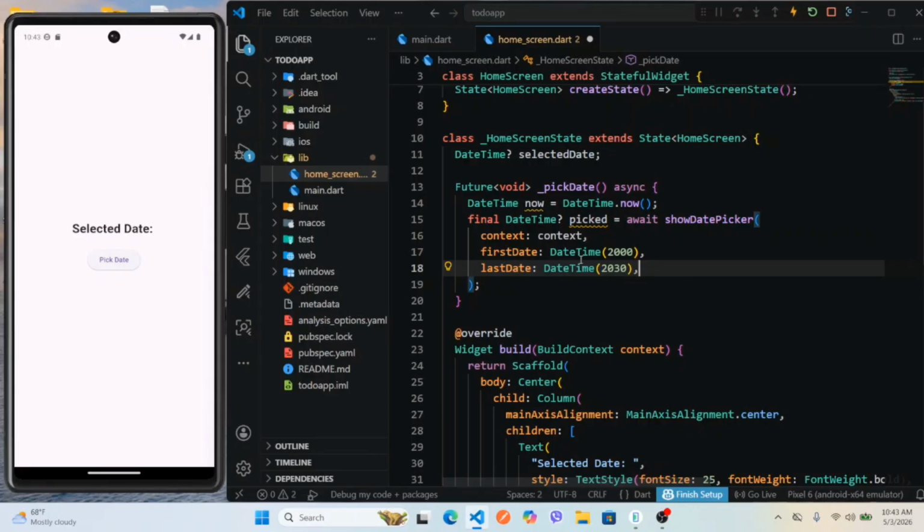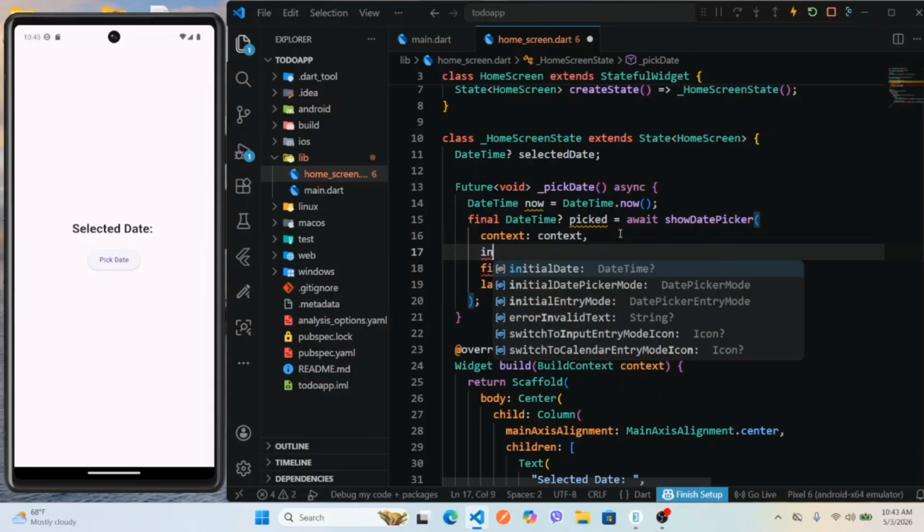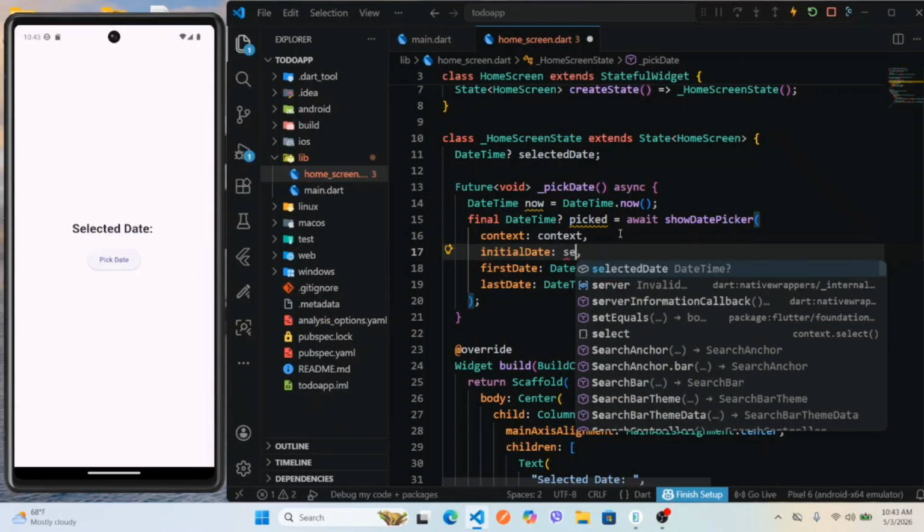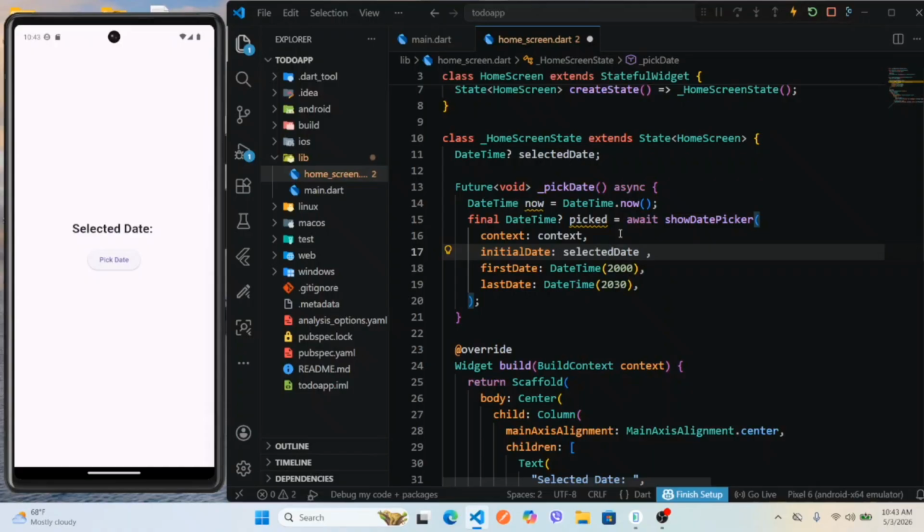Okay, this will show the first date 2000 and last date 2030. Okay, and also give the initial date. For the initial date, give the selected date, or if selected date is null, then we show the current date. Okay,